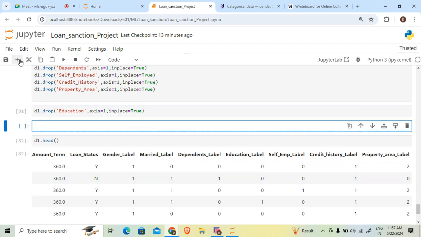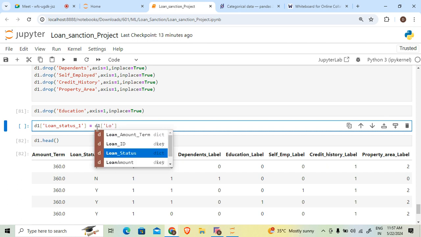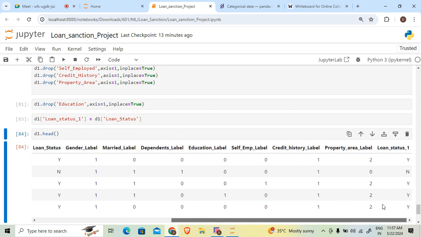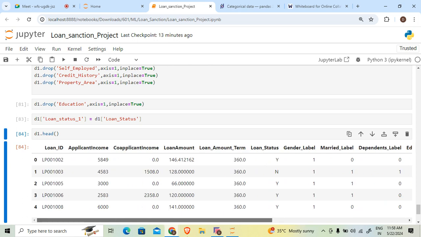यानंतर D1 ऑफ लोन स्टेटस. ओके. मी y1 असे नाव देतो याला. ओके. y1 इज इक्वल टू D1 ऑफ लोन स्टेटस. राईट. तर आता हा कॉलम लास्टला गेलेला आहे आणि आता आपल्याला इझी जाईल, पण त्याआधी आपल्याला